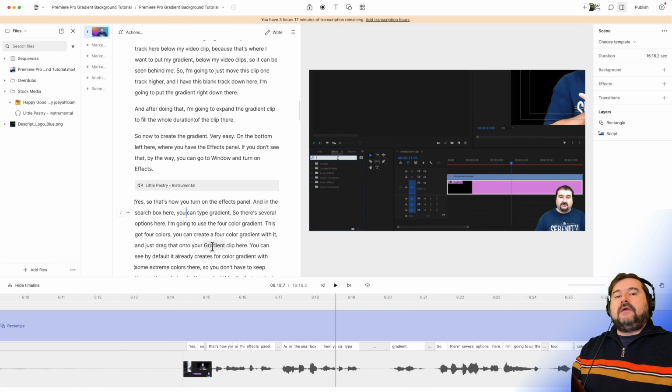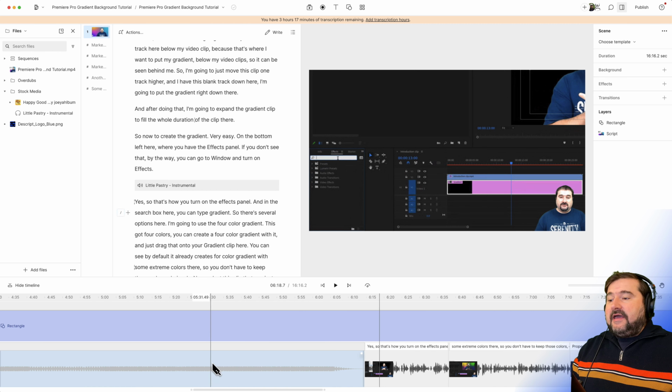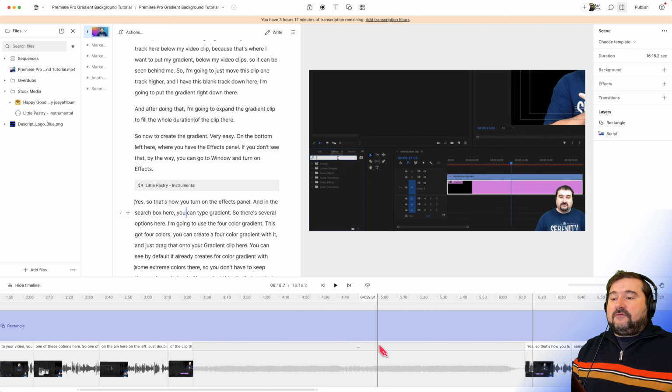So that's great. And finally, one more change that was made is that now if you have media without transcription, it's going to show in the transcript as wordless media. And I don't know how to explain this to you. I have a file here. It's a music file that has no words and it has no transcription, obviously. And it is placed on the script track down there. You see it. And because it's not transcribed, I don't see any words on it.